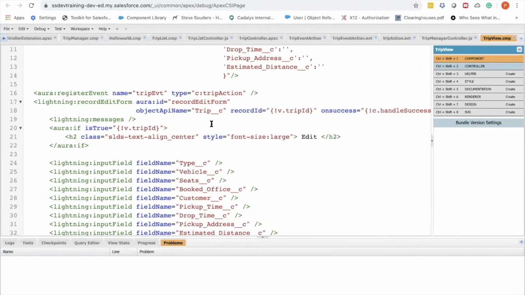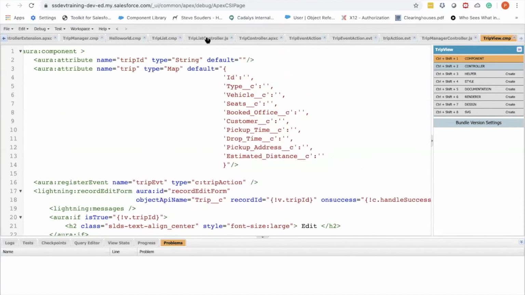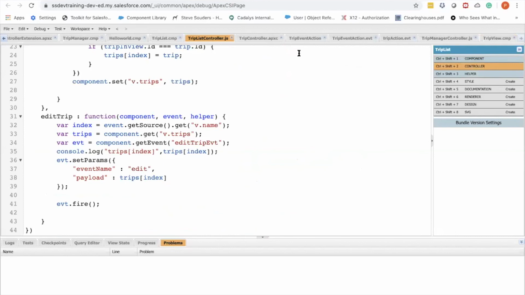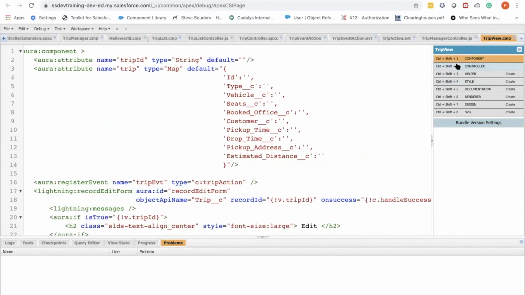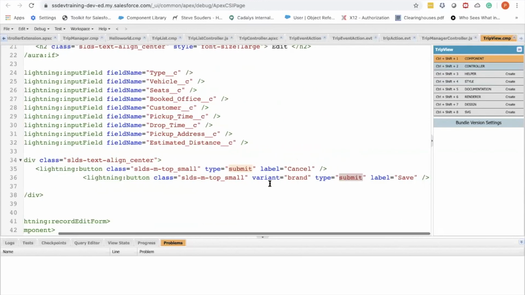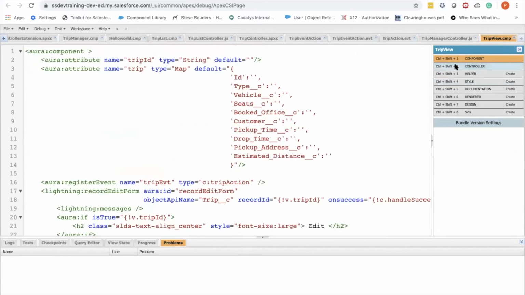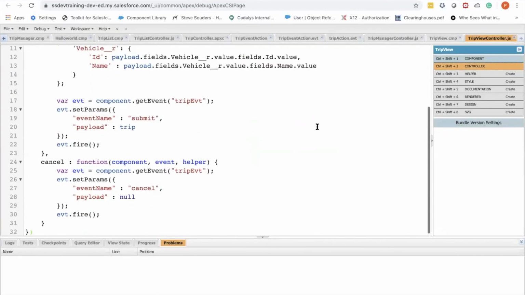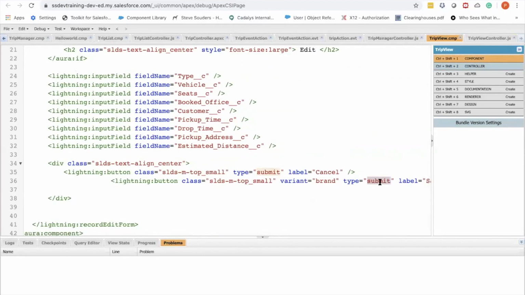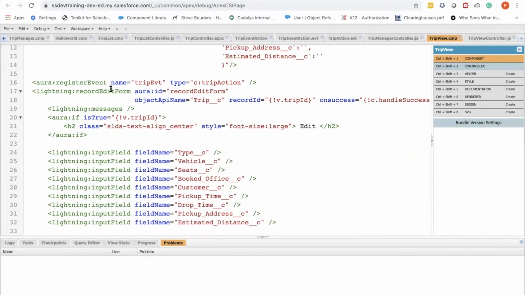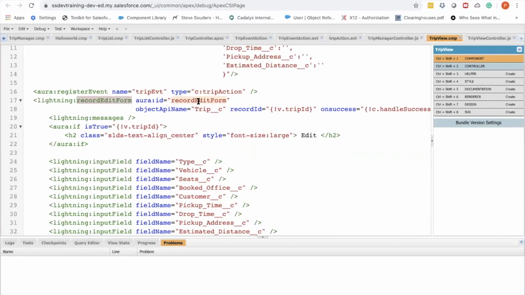And as soon as the record gets saved, we have to inform the list, right? The list, so that it can refresh that particular record. So as soon as the button gets clicked, Salesforce internally recognizes, okay, this is a submit action, and it would save the records.